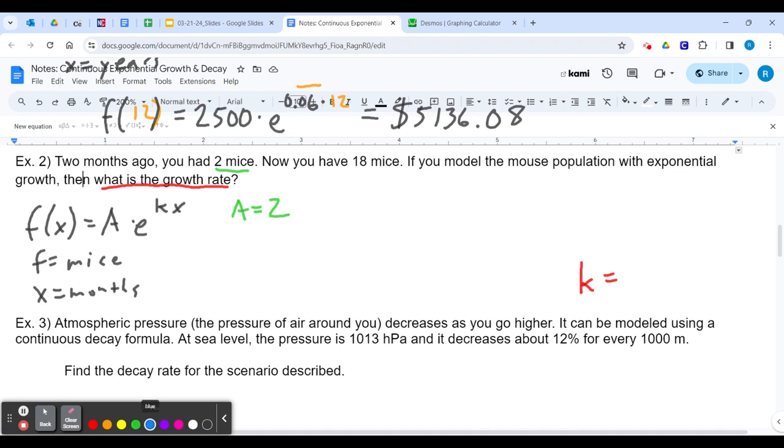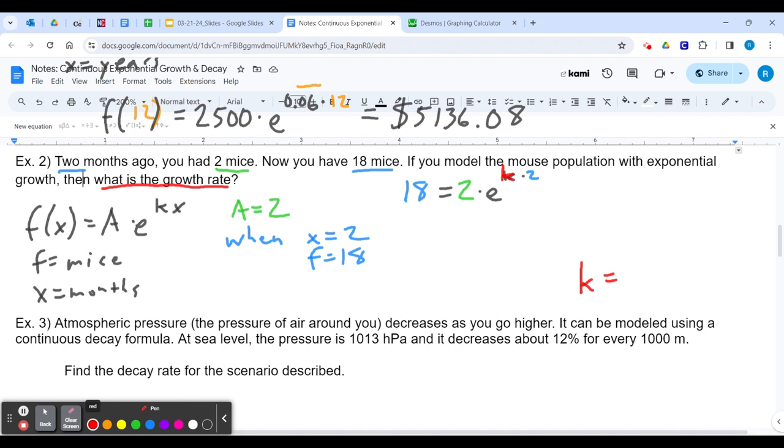So what I can do is decipher from the rest of this problem that, all right, I get 18 mice after 2 months. So when x equals 2, I have 18 mice. So what we can do then is set up this formula here where we have, all right, my f at 18 is equal to that initial amount a, which is 2, times e to the k power, and that's times that 2 for 2 months have passed. Now we have a formula where we can solve for k here